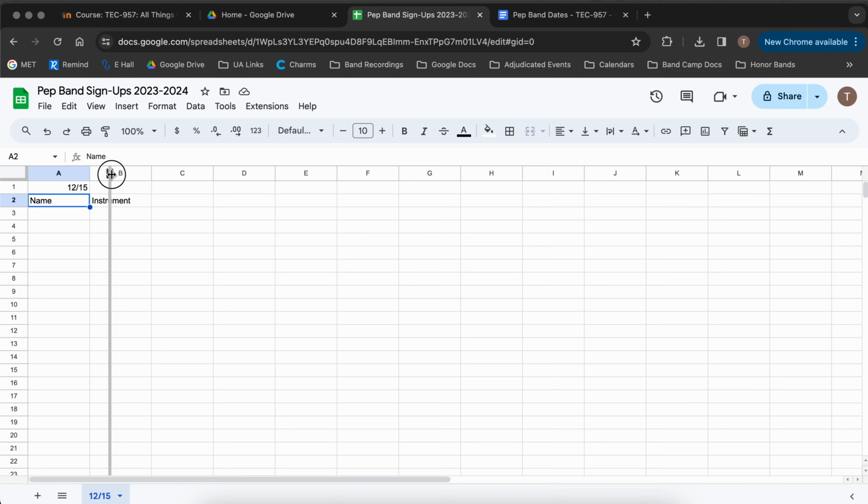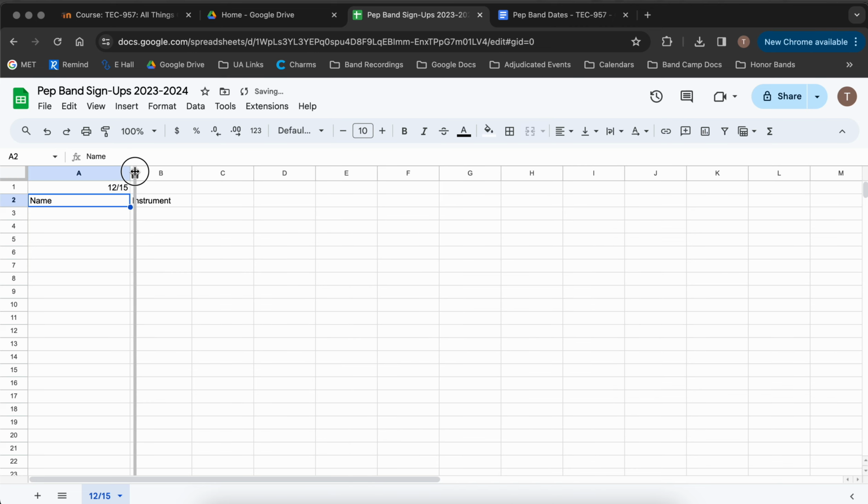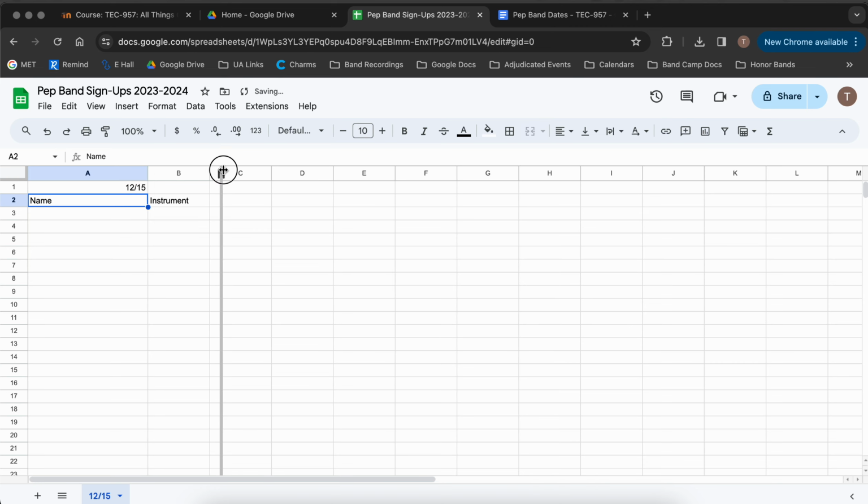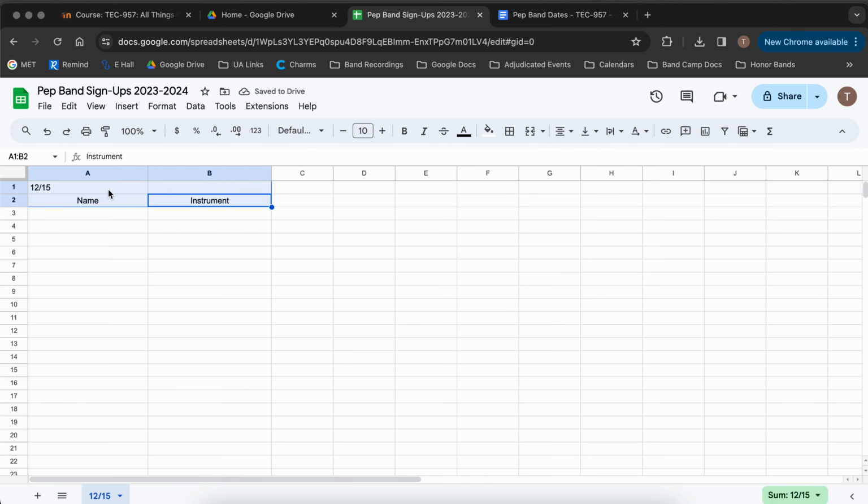So I'm going to increase the size of this column here by dragging from the top over, and then same for instrument. Just want to make that larger. And then to make this neater, I'm going to highlight both of these columns and horizontal align, set that to center so it looks neater. Just to clean up the date, align that to the left, and then I want to bold these,